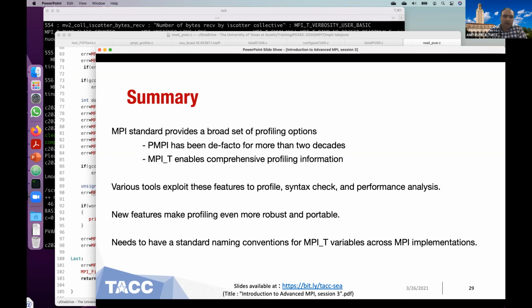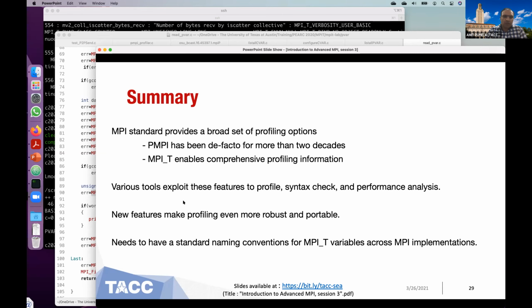To summarize, I have gone through the traditional PMPI interface supported by the de facto and by the MPI standard from its inception. We also covered the MPI_T tools interface, which gives you very detailed information by which a user or developer or tools interface can capture a very nice set of information from the MPI implementations.